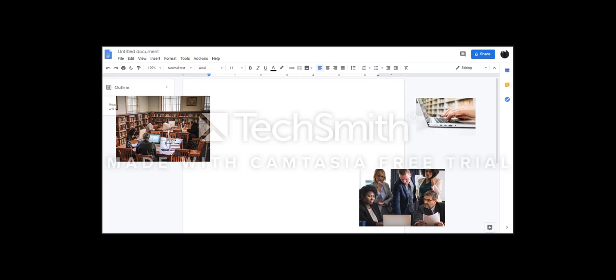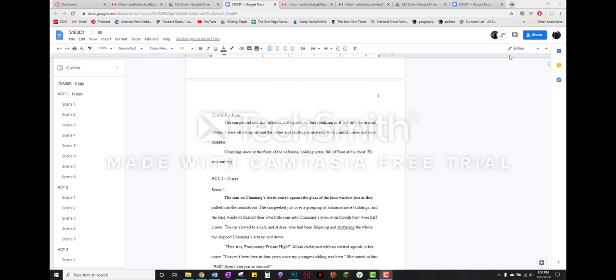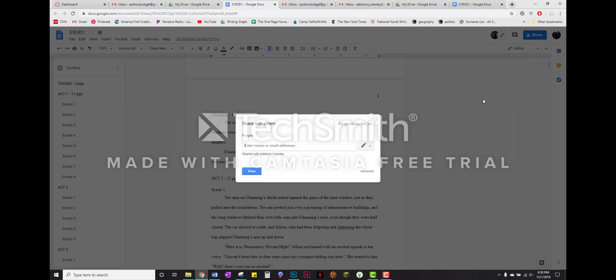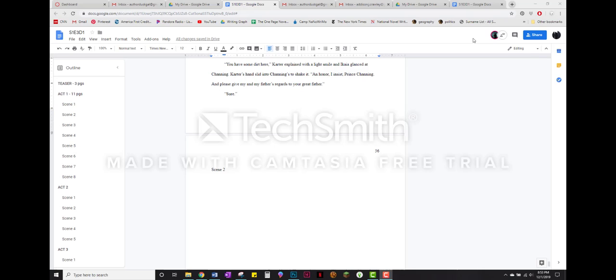But what is by far the most useful feature on this application that separates itself from other word processing programs is the ability to share your work with others and have them edit it in real time. Anyone who is working in a group that has to share a report or an assignment to work on will find this incredibly useful. To do this, you click on the blue icon labeled Share that is right next to your account picture. The background screen will grow gray and a pop-up will appear in the center of your screen asking you to enter in names and email address to share with. Type in the email address of the person you want to share with and hit Done. Now everyone you shared your document with can access it.